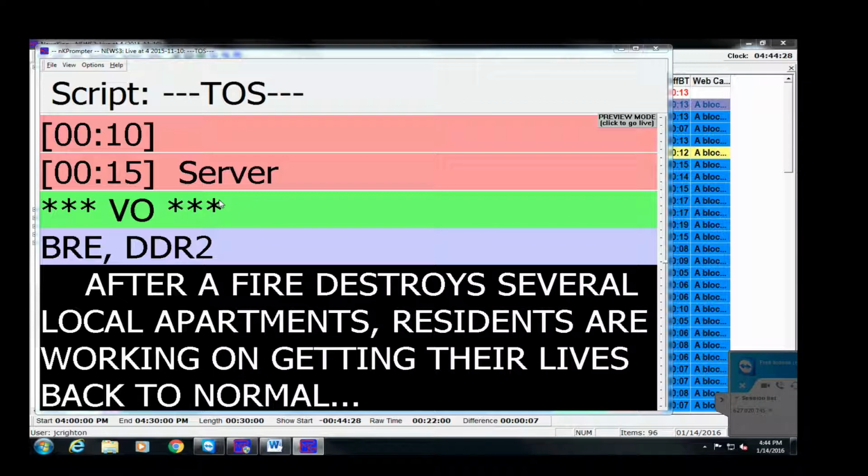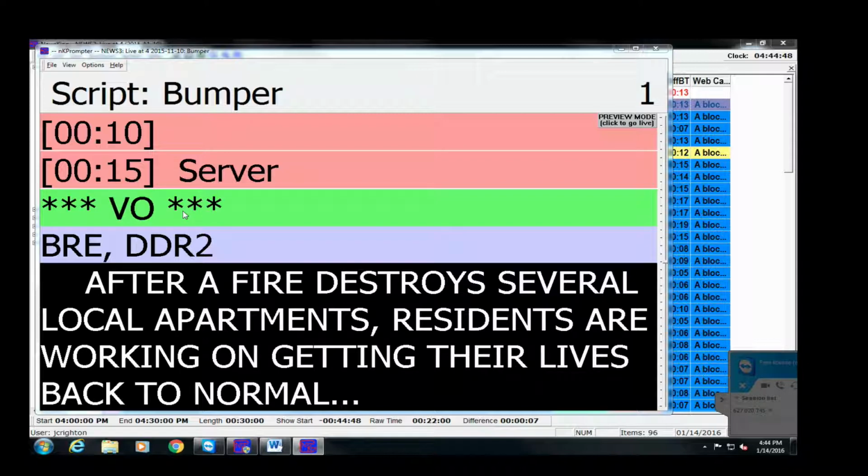Because when you're directing a show, a lot of things are going on. You're looking at the rundown, but you're mainly looking at the teleprompter because everything in the teleprompter should tell you what's about to occur within the show if it's produced in the right way. So we know right at the beginning of the show that we have a voiceover for the first pre-show tease. And then Brie knows that she has to read, and we know it's over DDR2, so that's for the director